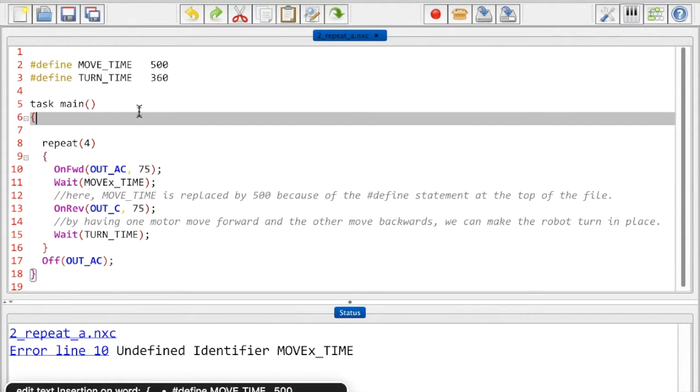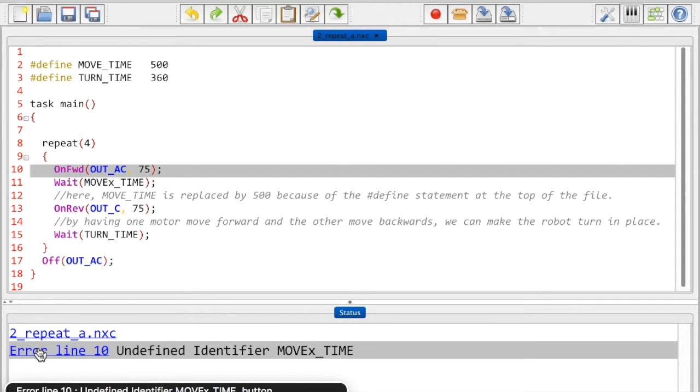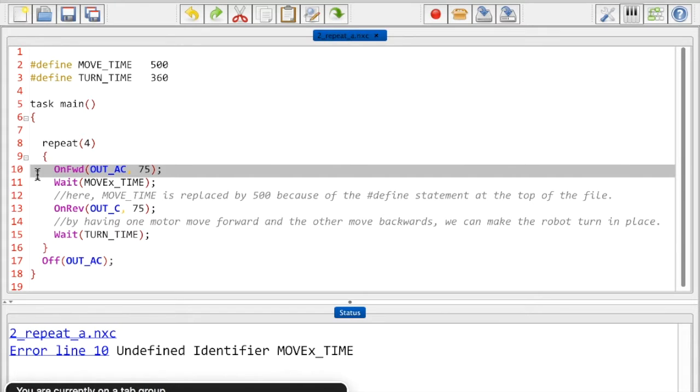Actually, I'll move my cursor elsewhere. Error line 10: undefined identifier MOVX underline time button. You are currently on a tab group. Okay, so I was already on there. But I clicked on it after I moved my cursor out of there so you could see it jump to the line. And if I go to the line itself,